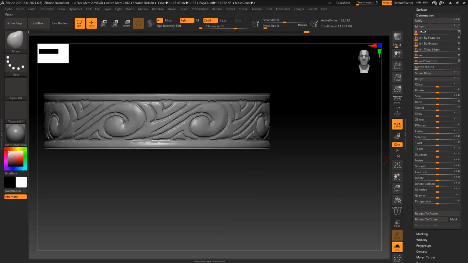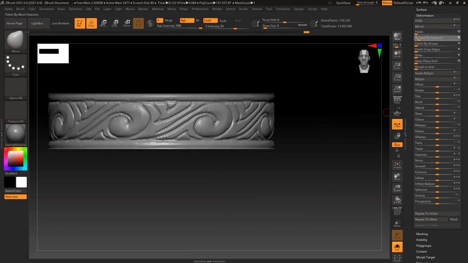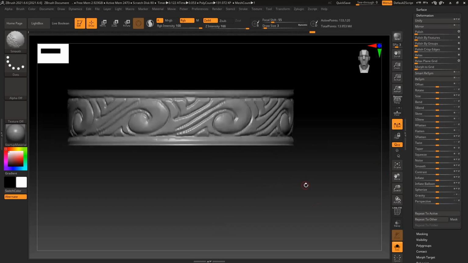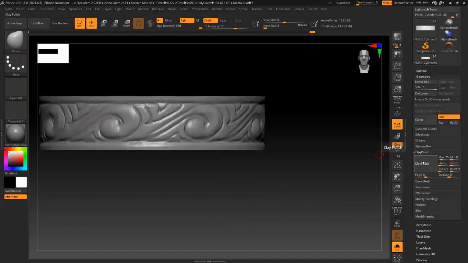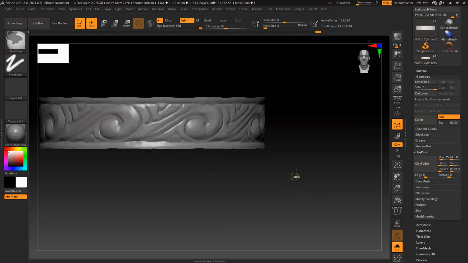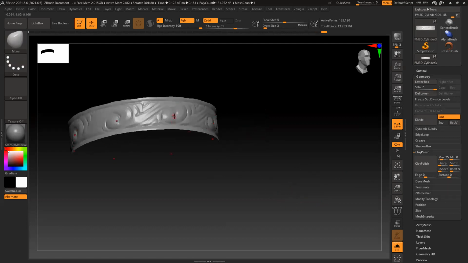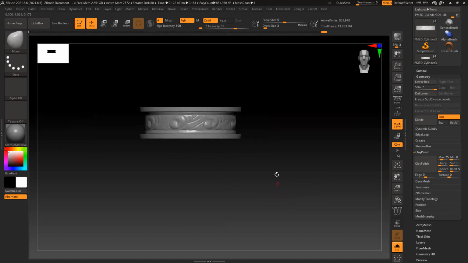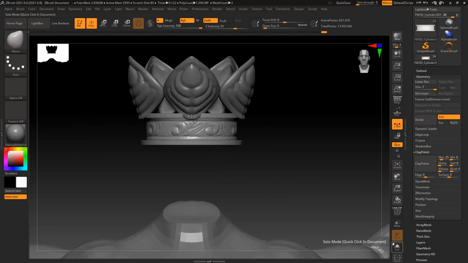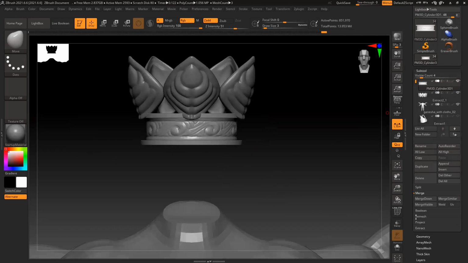It's too much. One, again too much. Polish feature. Fix it. And then you can go back to clay polish. Basically, the polish shape will be hard. And now I want to merge them together. I have to move them together.